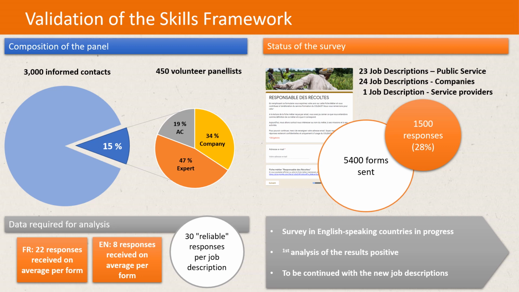We already have 22 responses from the French-speaking side and 8 from the English-speaking side. So we are continuing the survey on the English side, and we hope that in the next few weeks, we'll have enough responses. We'd like to achieve a balance between French and English responses. In terms of the panel, it's split, half French-speaking, half English-speaking. So we really just need to continue the survey a little longer so that professionals from English-speaking countries have time to respond. The initial analysis of the results is positive, with participants generally in agreement with the proposed sheets.